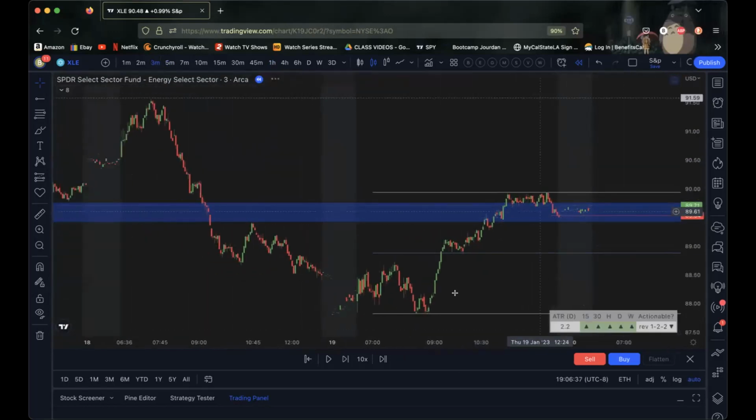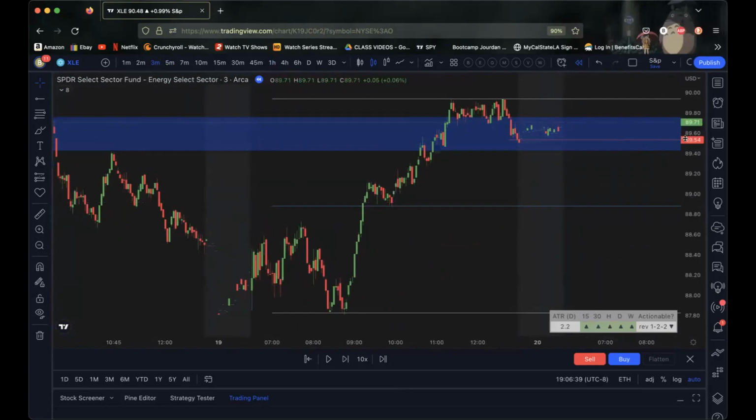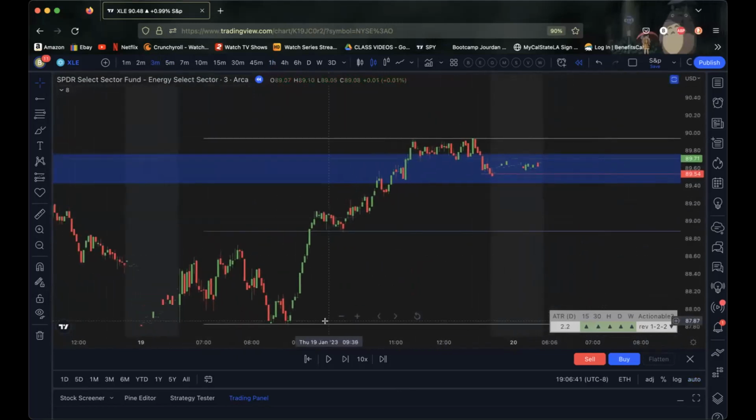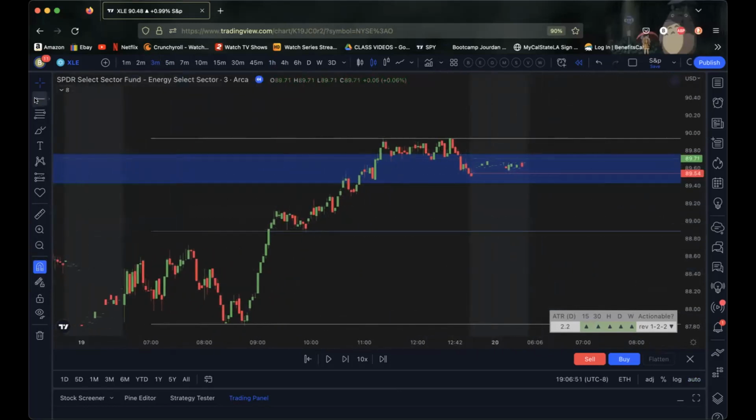I'm going to put on the 3 minutes because Raj likes to trade on the 3 minutes. We can see that this is where we closed the previous day. So just keep in mind where this spot is, the previous day close. Just remember that for later. All right, so when the day starts,